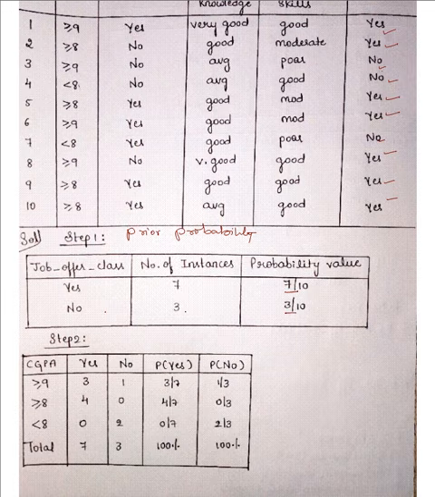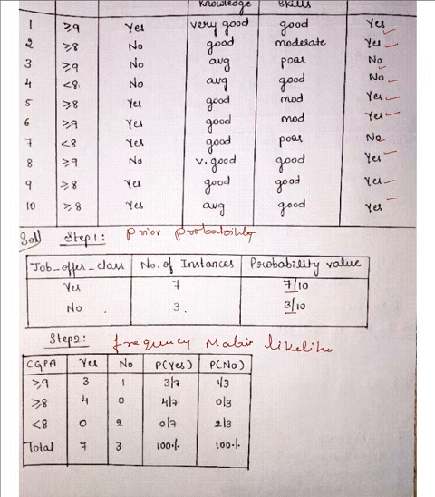So in step 2, what do we do? We compute the frequency matrix. We compute the frequency matrix and the likelihood probability of the attributes. That is what we call the likelihood probability. So next,